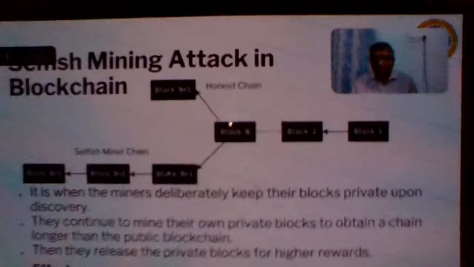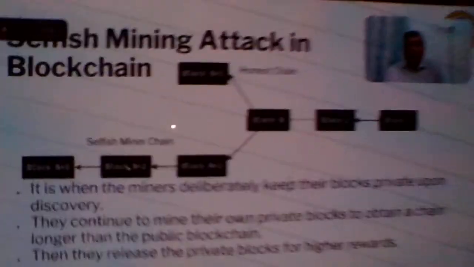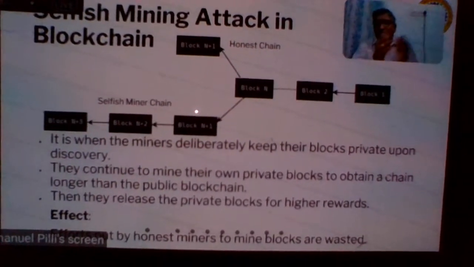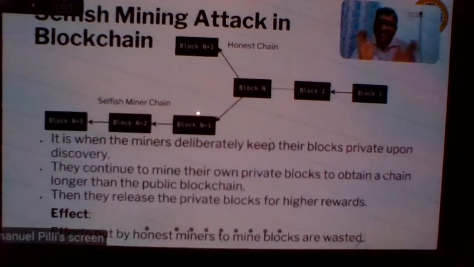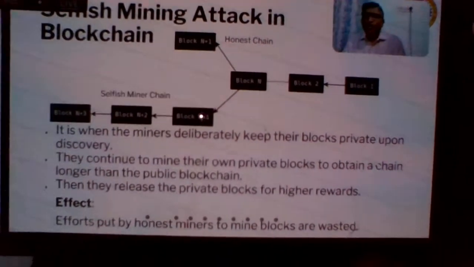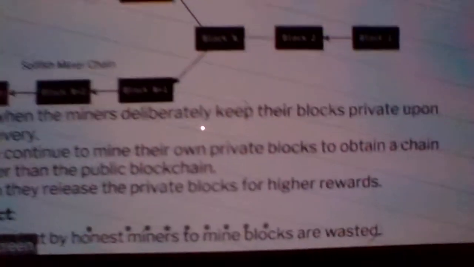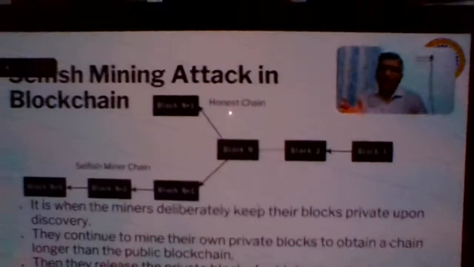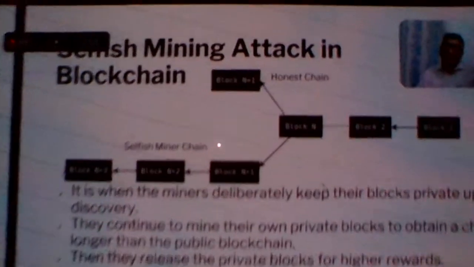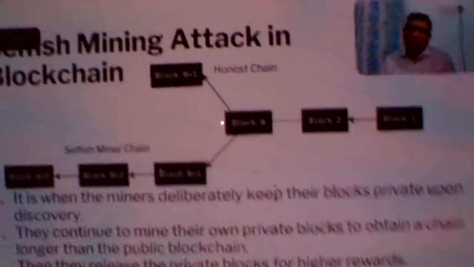Meanwhile, what this fellow is doing is, he has not announced block n plus 1, but he started searching for block n plus 2. By the time some transactions have come, he picked up some transactions, identified that these transactions I am taking for the new block, and he is trying to add them to a new block, finding the new Merkle tree, finding the new nonce, finding the value less than the target, adding a block. Blocks are added. He is still not announcing. He is looking for the third block.